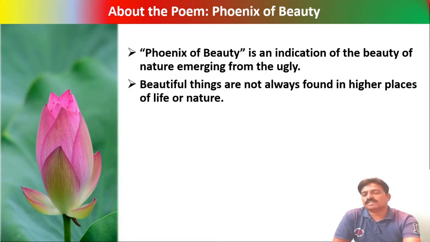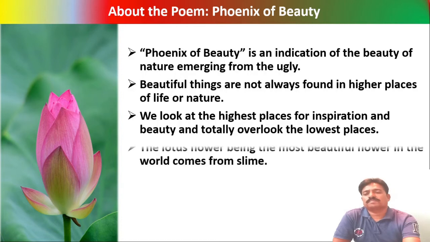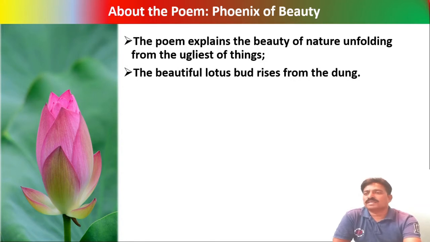The concept can surprise us. We look at the highest places for inspiration and beauty and overlook the lowest places. However, the lotus flower, the most beautiful in the world, comes from there. The poem at one level explains the beauty of nature unfolding from the ugliest of things, and on the other level reflects the general attitude of people to disregard anything ugly. Even though the dung is ugly, the lotus flower blooms in that soil. The phoenix rises from its ashes. The beautiful lotus bud rises from the